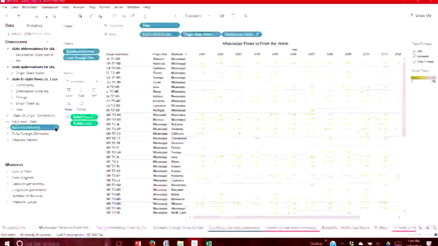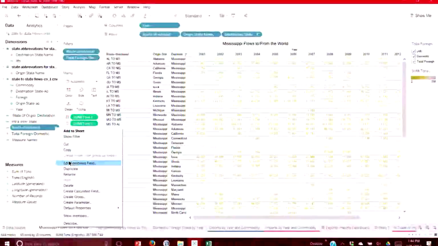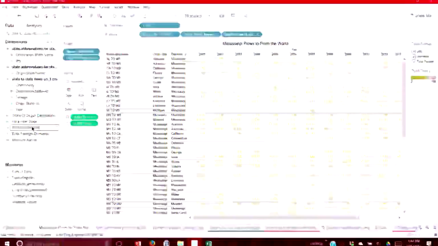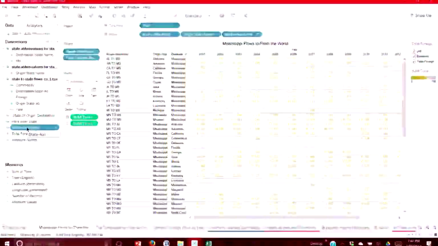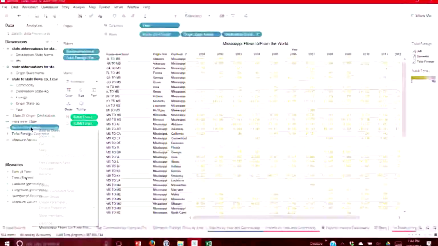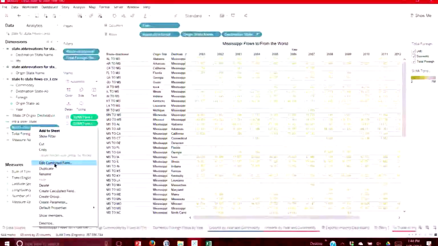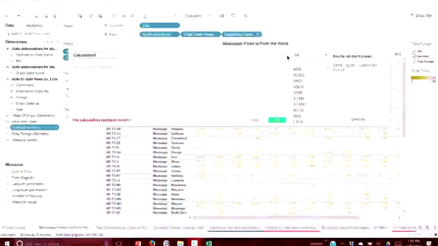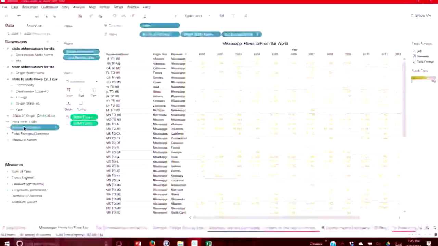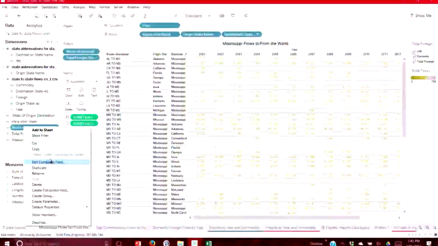I created it by coming back and looking at the edit. I simply added them together. I said I want all the states with this one and all the states with this one, and I created this with a 2 in front of it. I'm trying to see if you can see the calculation that I used here.